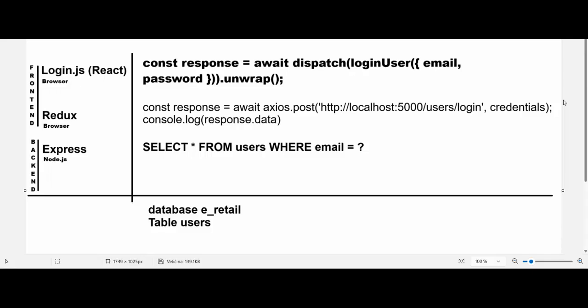With protocol MySQL. What protocol is between login and the thunk function, the Redux? No, what protocol would be between Redux and Express? It is Hypertext Transfer Protocol. Here it is, Hypertext Transfer Protocol. Okay, SQL query goes to database, database understands that query, and in object result responds to Express, Express responds to Redux, and that user goes to